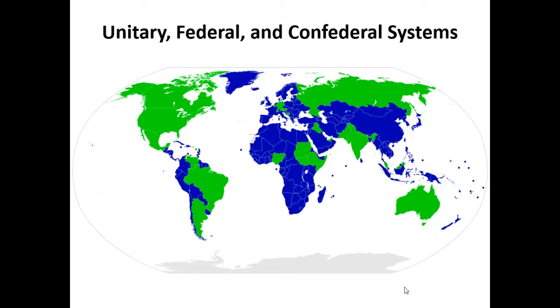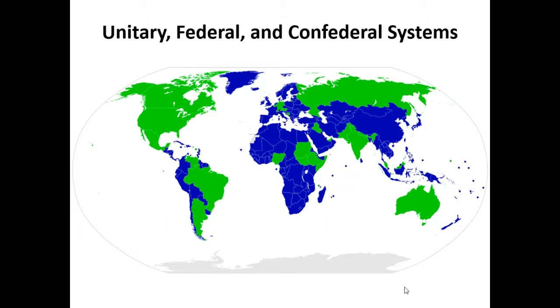If you're looking at aerial coverage, like geographical coverage, it might look kind of half and half. But actually, there are more unitary systems. There are more countries with blue if we're just counting up countries. Okay, but that doesn't mean there's a shortage of federal systems. There are lots of federal systems. The United States is one of several.